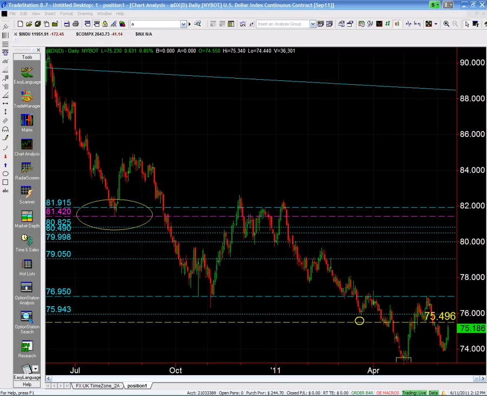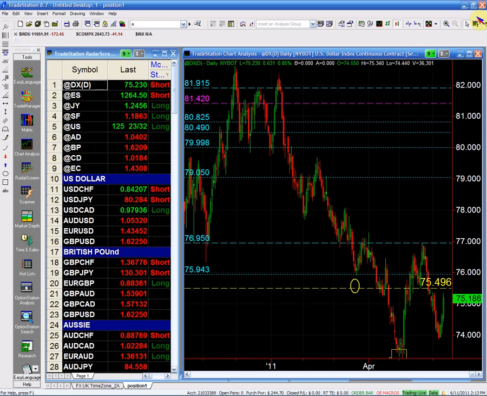So, with this, if we do trade above the 76.95 or the 77, we're probably going to have, as I said, the beginning of a bull market or an upward trend in the US dollar. In order for that to be the case, I'm going to go forward a little bit to some of the commodities, because that would be our indication that this is actually true. So if you look at gold,